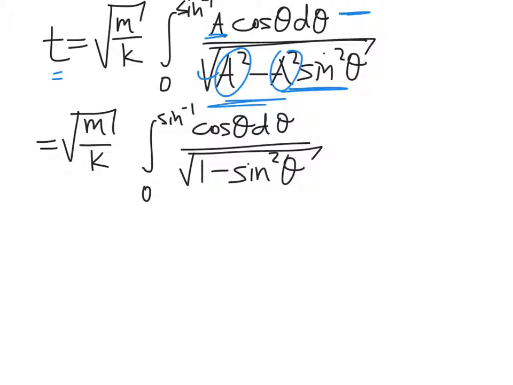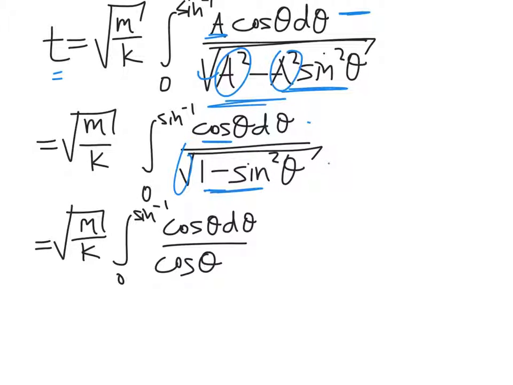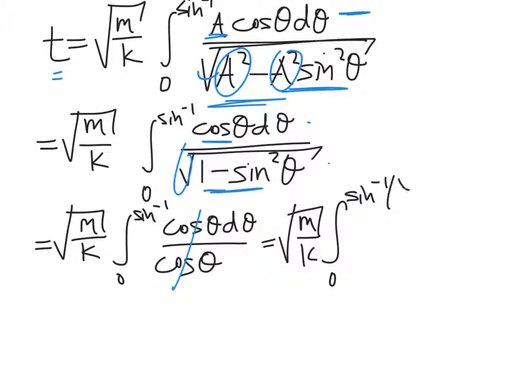Okay, so having pulled the a out, here we go. We've got cosine theta d theta, and then square root of 1 minus sine squared theta. Hopefully this looks familiar. 1 minus sine squared theta, that's going to be cosine squared theta. Cosine squared theta, take a square root, that's going to give us cosine. So we've got a cosine on top, we'll have a cosine on bottom. And so then we can see that the cosine is going to cancel, and the whole expression is just going to become this, square root m over k, integral from 0 to inverse sine of x over a,